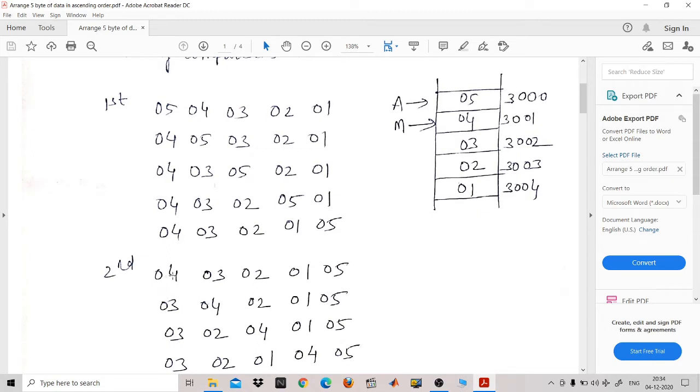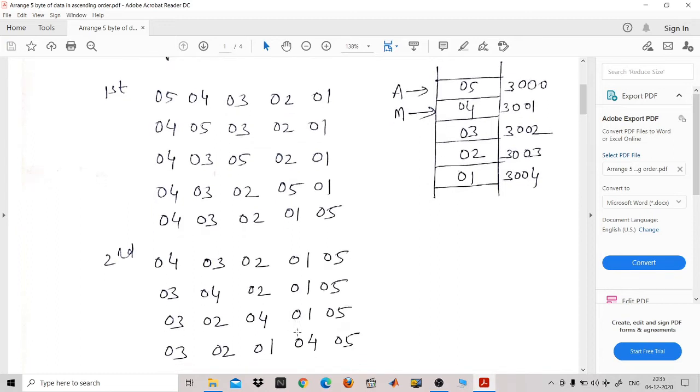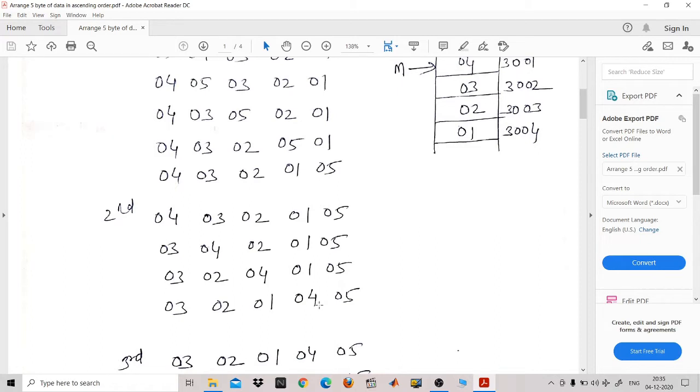Now in this case, 04 is higher than the second molecule, so 04 will come in the second position. Now there is a comparison between the second position and the third position. So again, you will have to compare. So 02 will come here and 04 will come here. Fine. So now this third one will be compared with 01. Now you got your desired result, that is 04 is coming just before your 05. So this is about the second iteration.